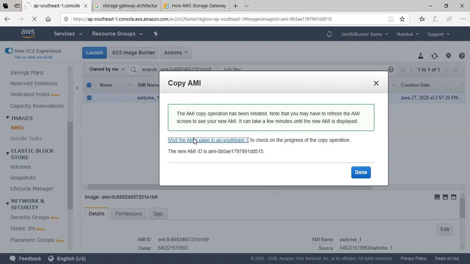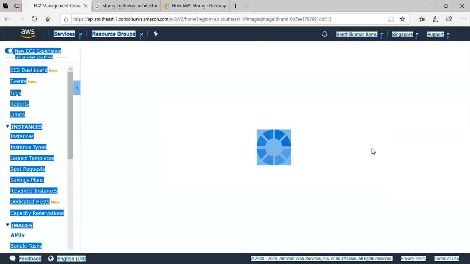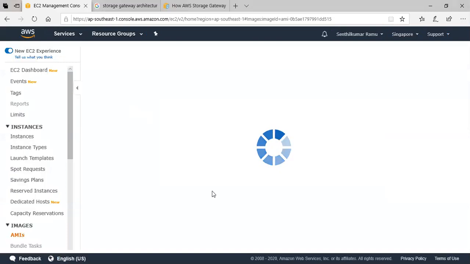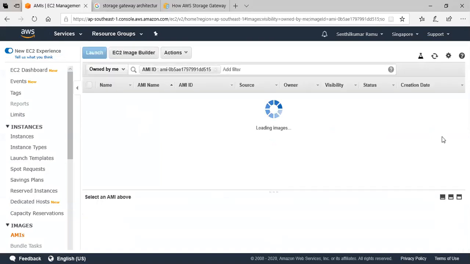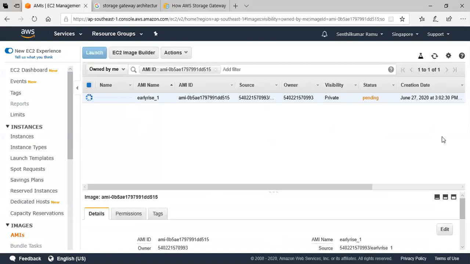Now we'll go here. See, the backup is very simple here, guys. We don't have to really worry about the basic fundamentals of various other things. If you understand the data center relevant components, it will be very easy for you to pick it up. That's what my thought process is all about, and not to scare you. Look at it; it is still creating. It says pending. The copy progress is happening, and the machine image name is early rise 1, and I moved to the Singapore region or Sydney region. I think it is my Singapore region, right?